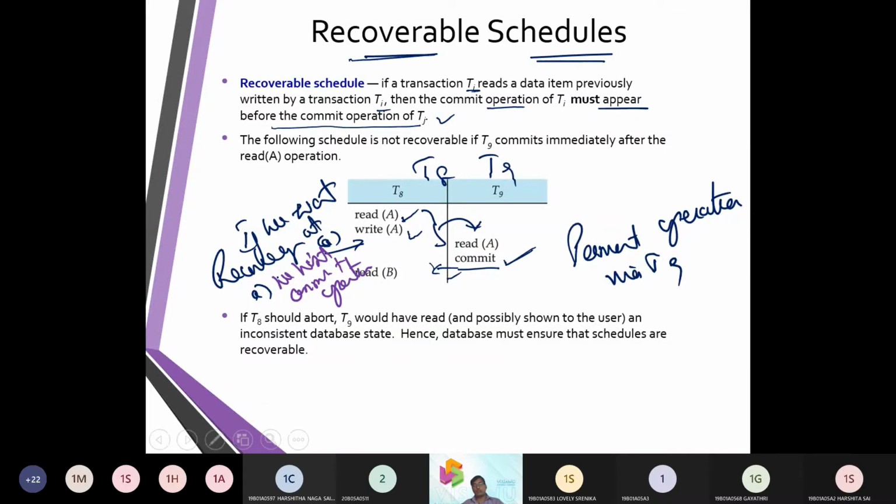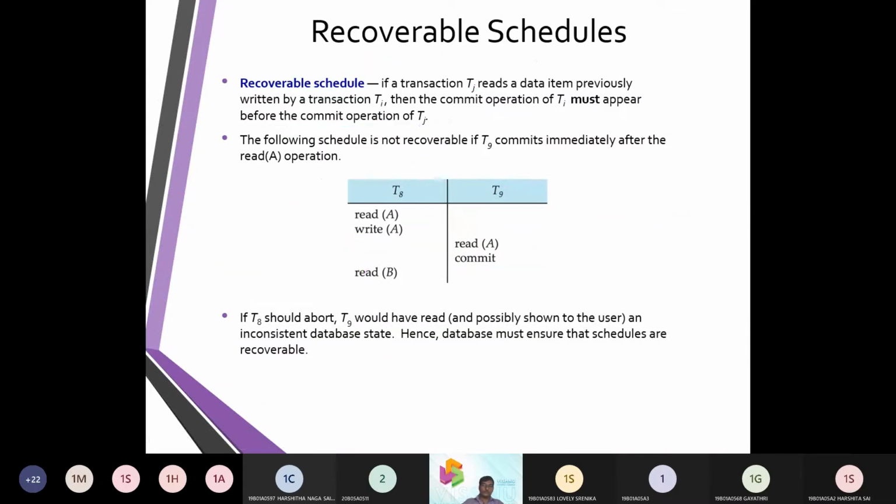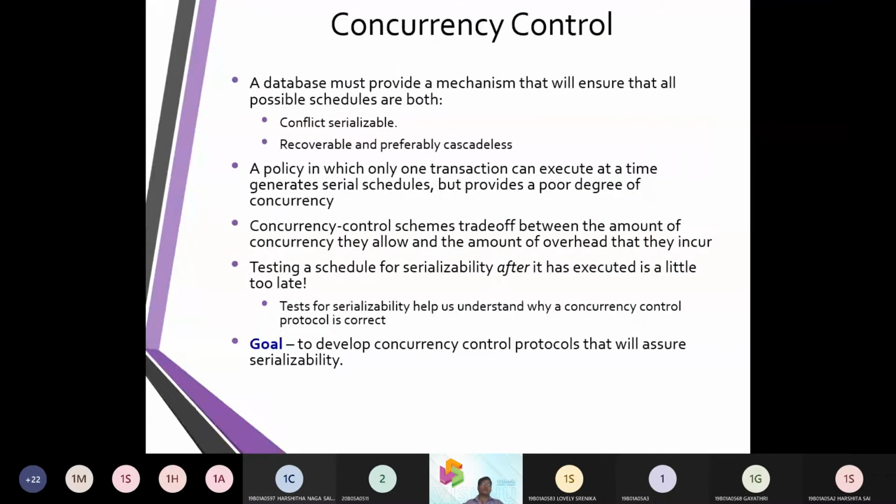This was the drawback, or what this recovery is going to talk about. So we talked about cascading serializability.